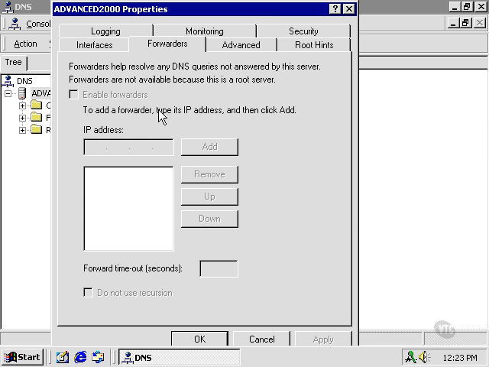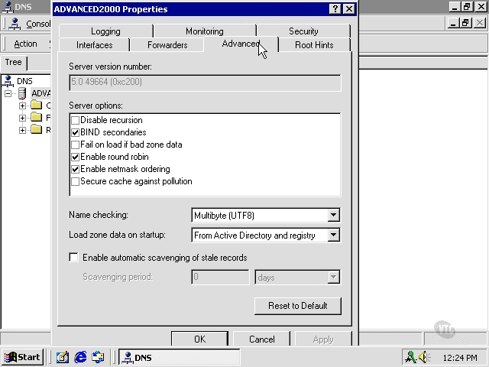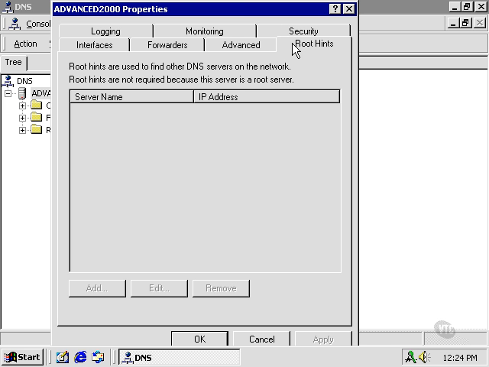Forwarders would allow us to forward requests to other servers. This is not currently available on this server because this is a root server and a root server cannot forward. The Advanced tab will allow us to make some very specific modifications if we needed to do so. If we were not a root server and we wanted to have some hints that would help our server resolve the root server name, we can have root hints in here,